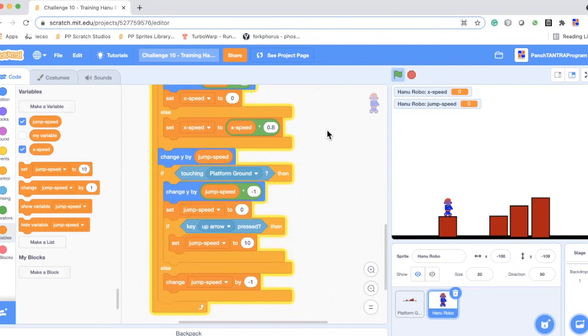You set the number of jumps initially to 0, and every time it jumps up, you change it by 1, and you allow it to keep jumping maybe 2 times, 3 times, 4 times. You can decide that and control it. So with this, look forward to many interesting platformers.